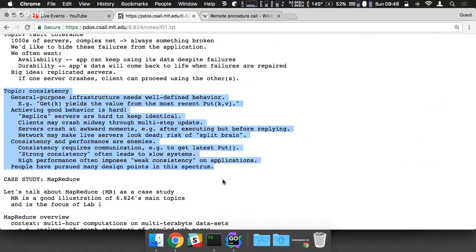So achieving good behavior is hard. When you have replica servers, it's hard to keep them identical. Clients may crash midway through a multi-step update. Servers crash at awkward moments, for example, after executing but before replying. Network may make live servers look dead. And there's this risk of a split brain scenario where you have one or more servers that have different understandings